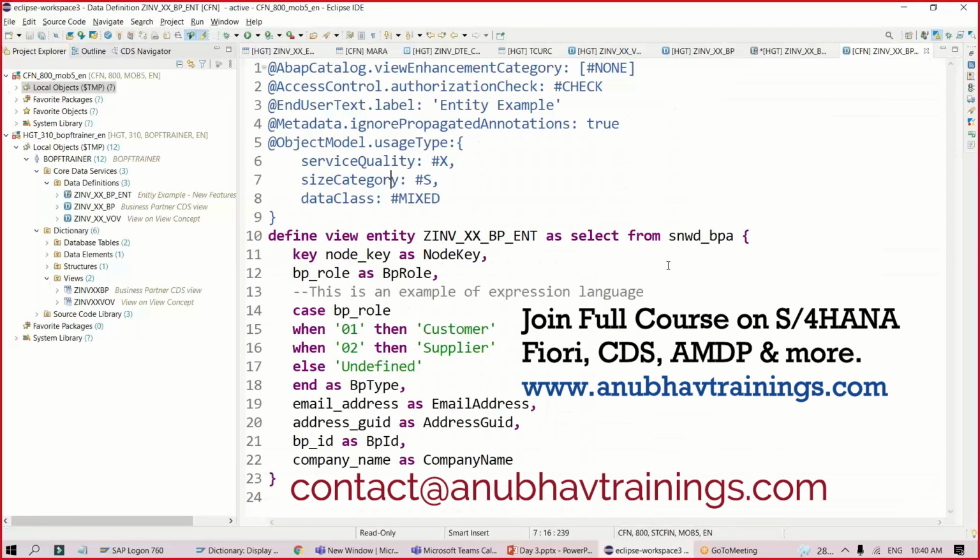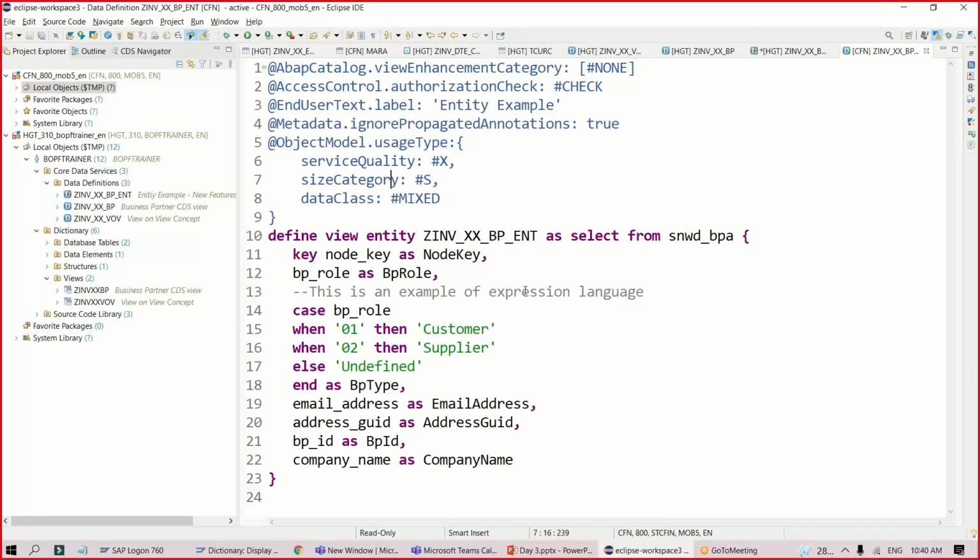So from a developer point of view, there are very short steps to convert your CDS views to CDS entities. But starting S/4HANA 2020, if you are on 1909 or 1809, it may not work again because you don't have the feature at the moment in the lower release downported by SAP. So going forward you will be using CDS entities more as compared to CDS views. That's the only difference.